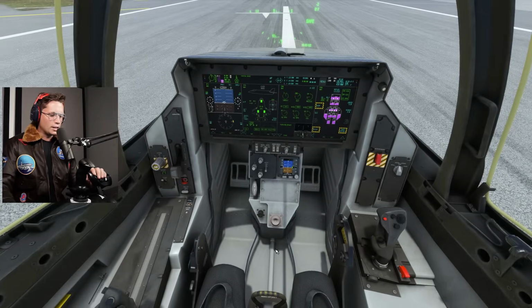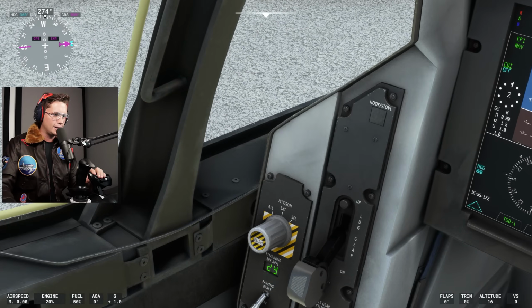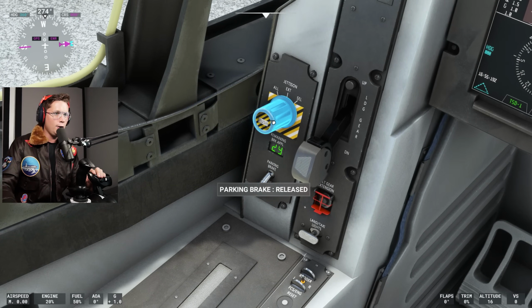That'd be pretty dope. Okay, so I'm going to make sure I press the right button for our parking brakes. That was it right there. The parking brake is right there. How do you,